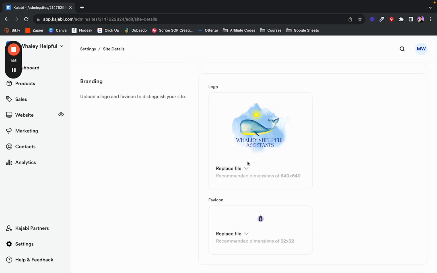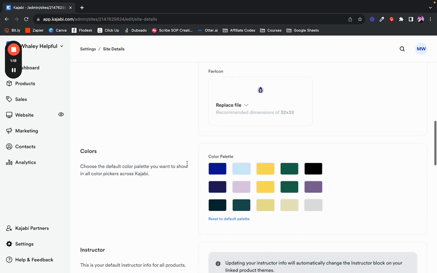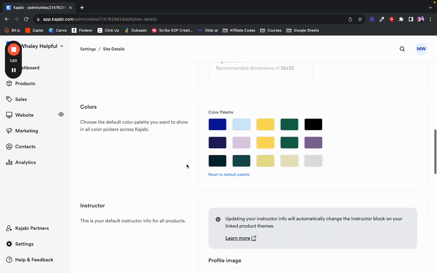But right now you can upload your logo. If you have a favicon, you can upload that. The biggest thing is the color picker, the color templates. So this is my color templates for Whaley Helpful and my color templates for Whaley Wonderful, which is just the big branch of my business. So I'm going to have these in there, and that will help us as we set up our main website